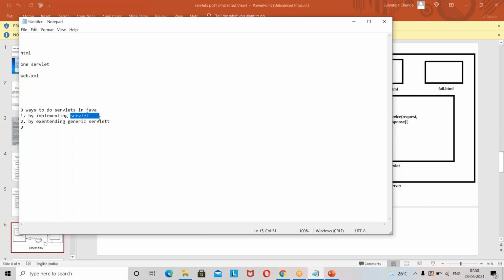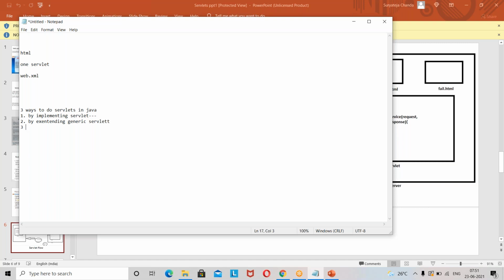Generally you will write your code only in the service method. So what did generic servlet do? Generic servlet is nothing but an abstract servlet. Why am I calling it an abstract servlet? Because of the 5 methods, it has overridden 4 methods, but it has not overridden the service method. That is the reason you call this an abstract generic servlet. Who is going to override that service method? The class that extends the generic servlet.